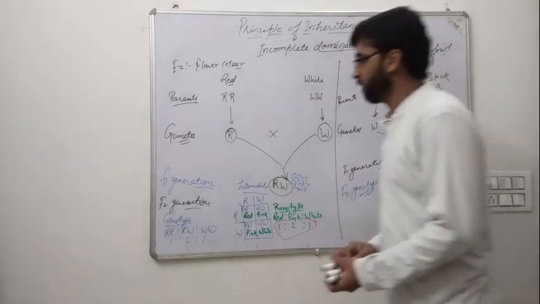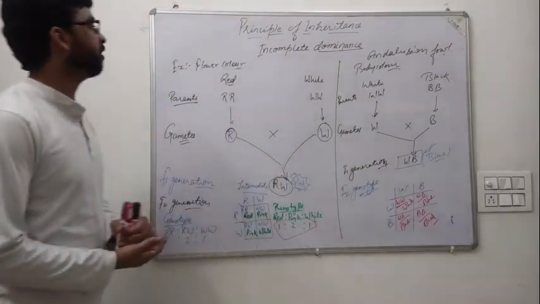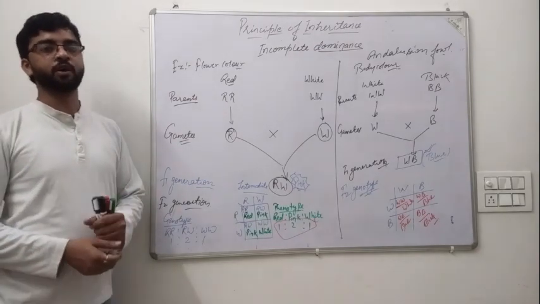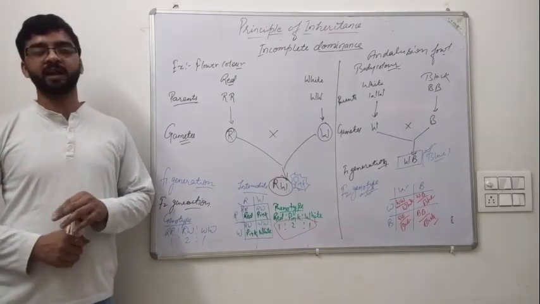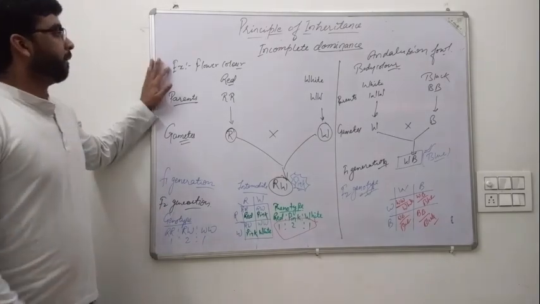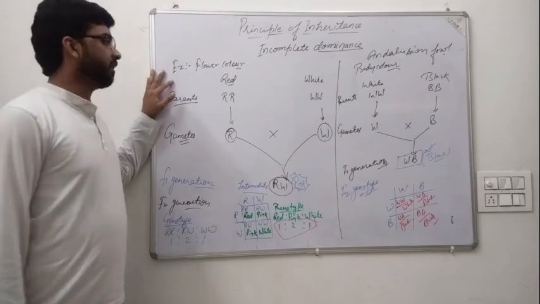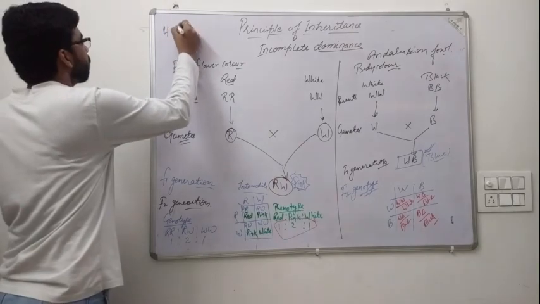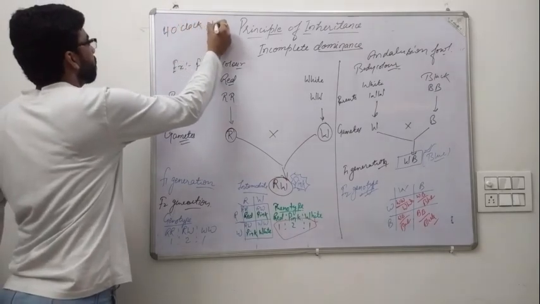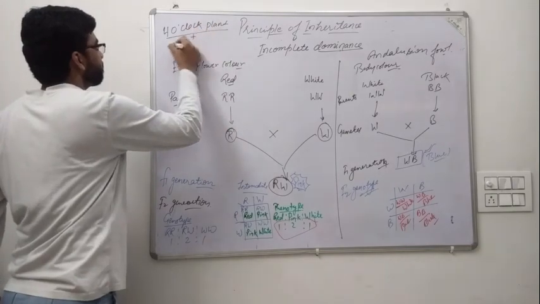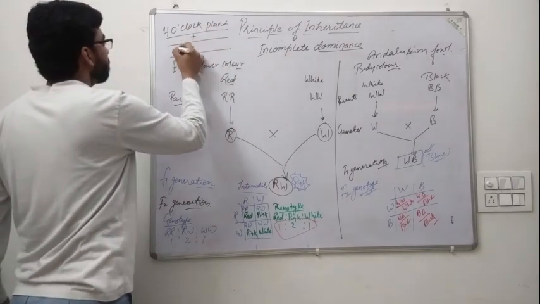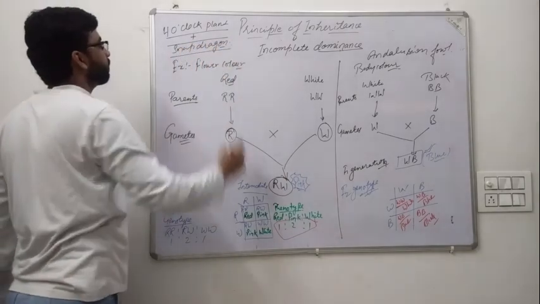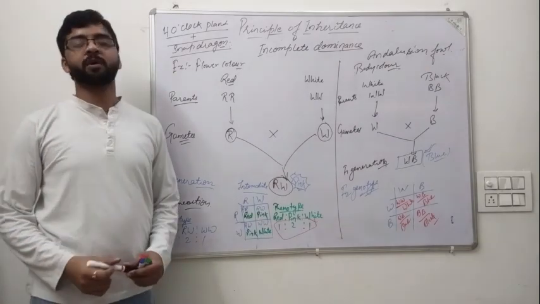So in this topic we have covered incomplete dominance. In incomplete dominance, we observe that the law of dominance is not completed when the experiment is done on species other than the pea plant, as Mendel did. In incomplete dominance, we took examples of the 4 o'clock plant and snapdragon. In our next video, we will talk about codominance.